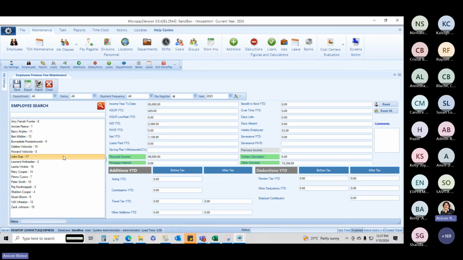So if I go back to John Doe here, where we put in the $85,000 and then we're like, you know what? No, we are going to change it. And I click on reset. It will ask you to confirm reset of John Doe. It will revert to the payrolls that are in the system for him. Right, I saved that. So that means it went back, and now all our reports are balanced because I didn't make manual changes. So you can do your reset or even the reset all after you have done your end of